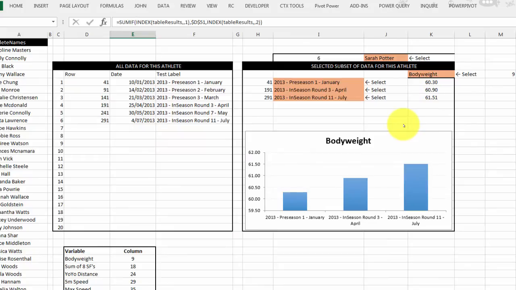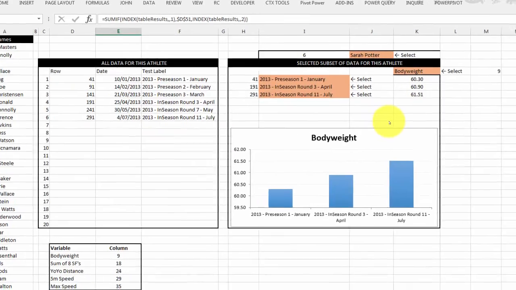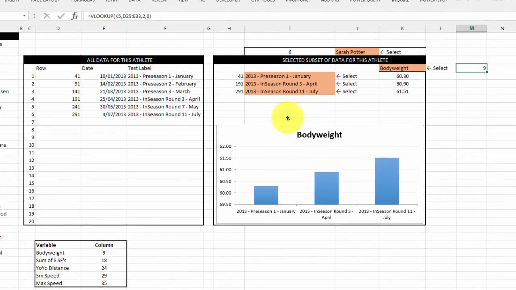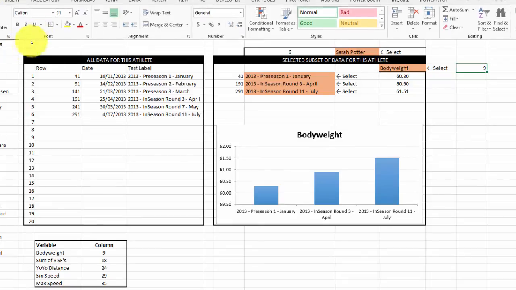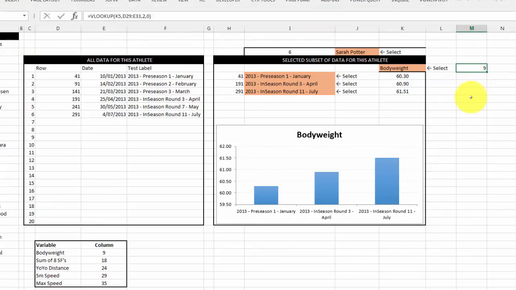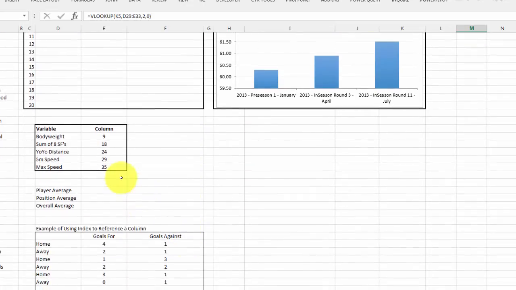And so we know the column number. How do we know that? We calculated it up the top here. I'm just going to put a box around it. So we know body weight is in column 9, so that helps us create this particular answer. So the player average should be